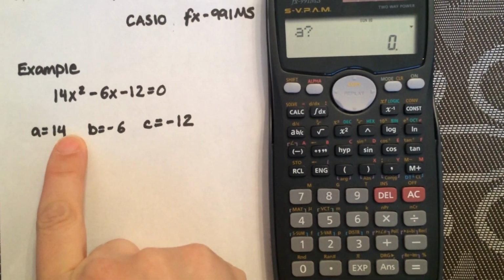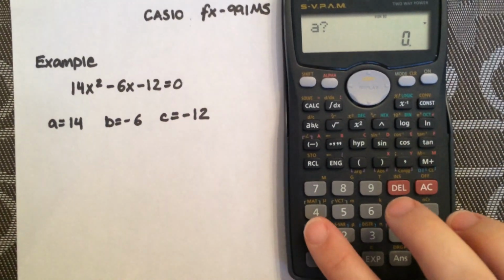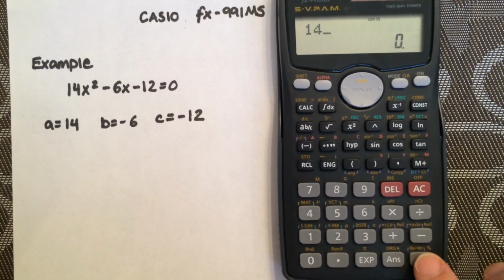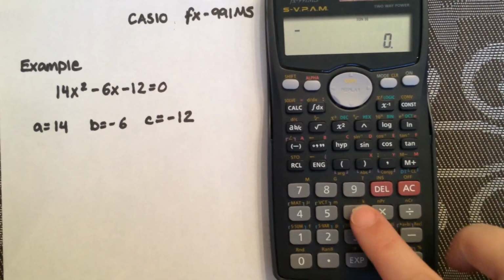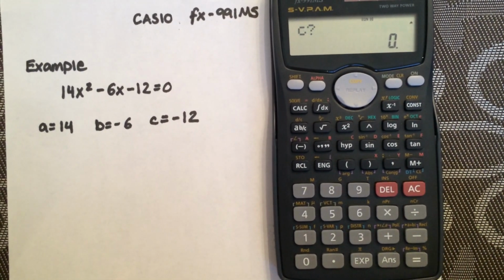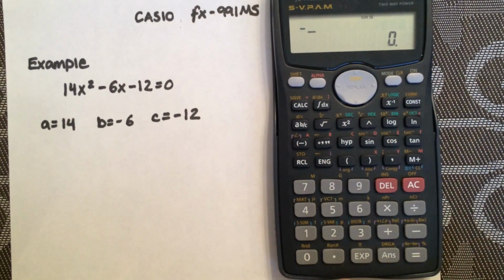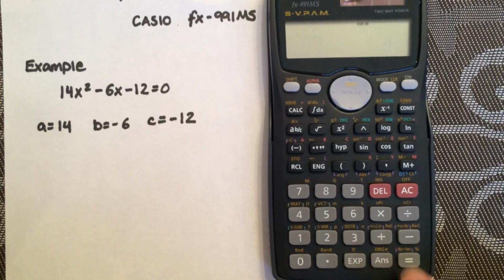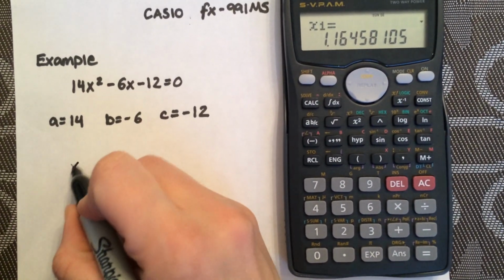Now you're going to enter in your A, B, and C values. So A is 14, B is negative 6, and C is negative 12. You're going to get an x1 value. That's your first solution